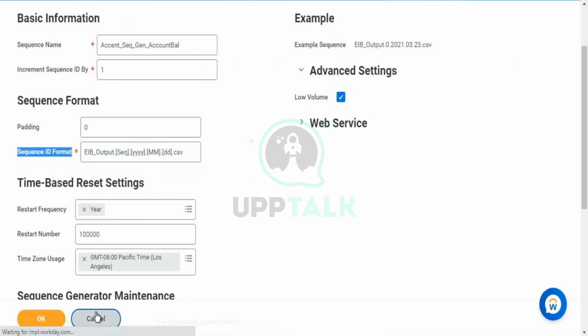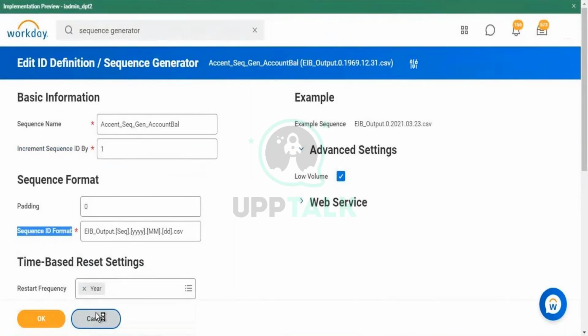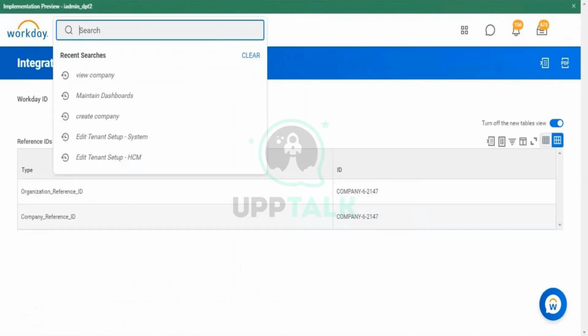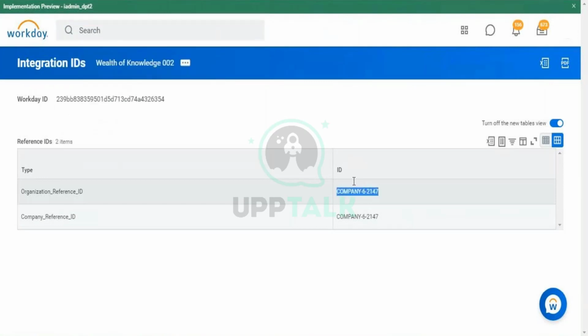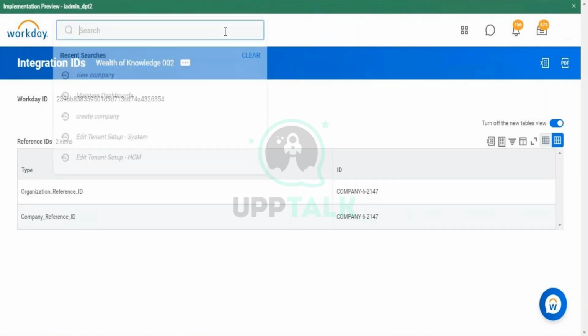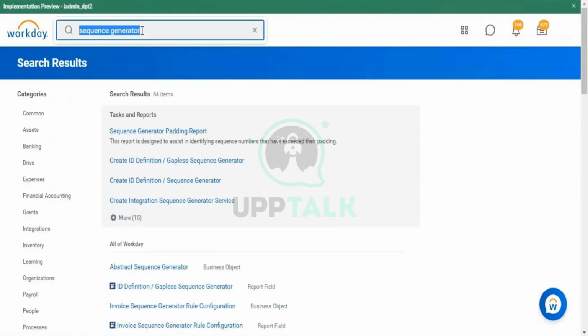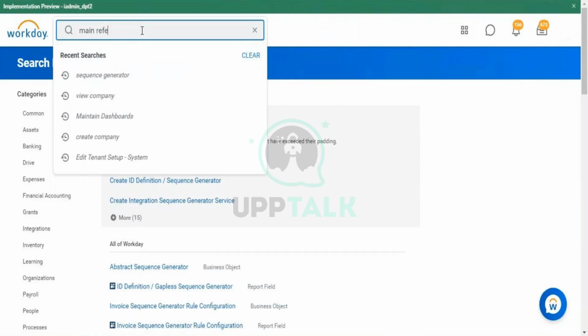It's not necessary for your organization to set up the sequence generator. It is again a business process decision. Otherwise, it will always default to the format specified by Workday. And you can always type in, say, Maintain Reference ID. Okay, I'll just search it in the other tab. I'll go to Maintain Reference